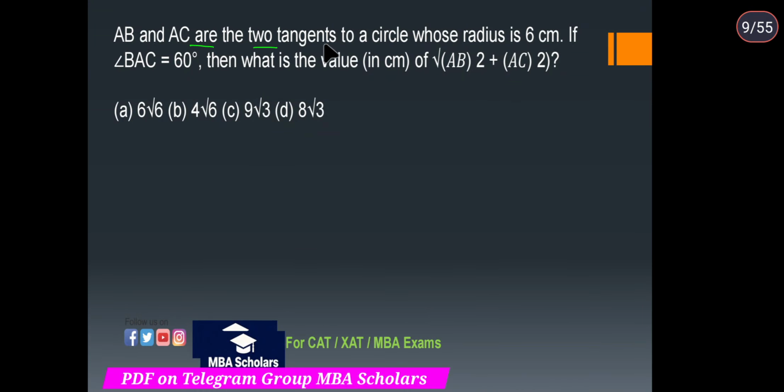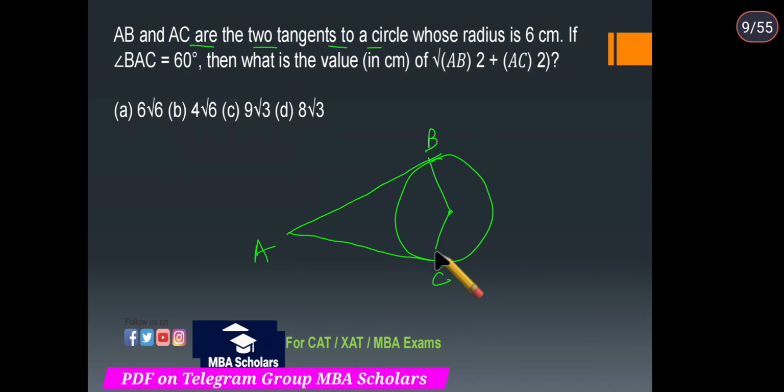AB and AC are the two tangents to a circle whose radius is 6 centimeters. So we have a circle and we have two tangents drawn from the external point, that is AB and AC, and the radius is 6. So if I join the tangent points, the touching points, this is 6 radius, right? If angle BAC is 60 degrees, what is the value of the square root of AB square plus AC